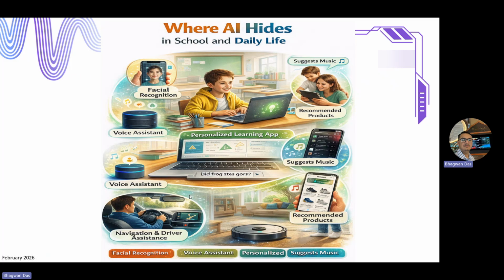So, AI hides in almost every part of our life, whether we are opening our mobile with facial recognition, or opening mobiles or laptops using thumb recognition, or talking to Alexa or a Google device to turn on applications or devices, or listening to music based on recommendations from our past habits, or using personalized learning apps, or buying something based on our past habits, or using autonomous vehicles and maps that give you directions to assist the driver in reaching the destination.